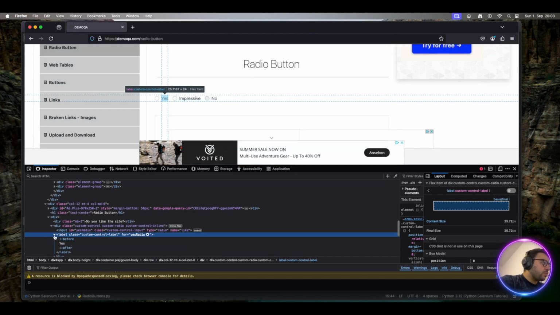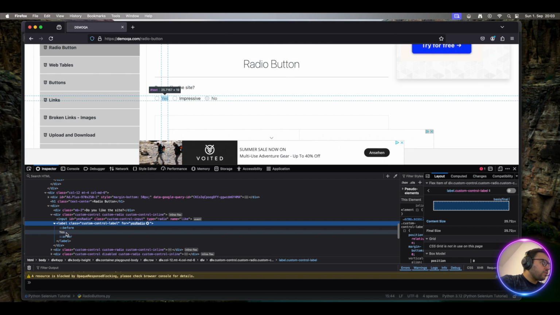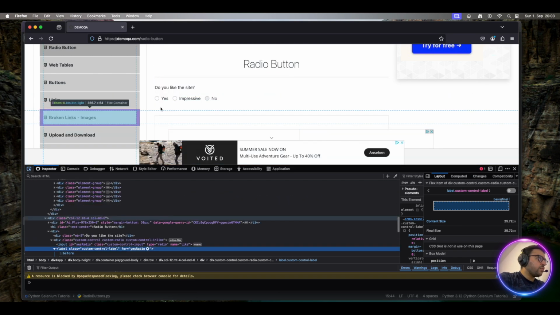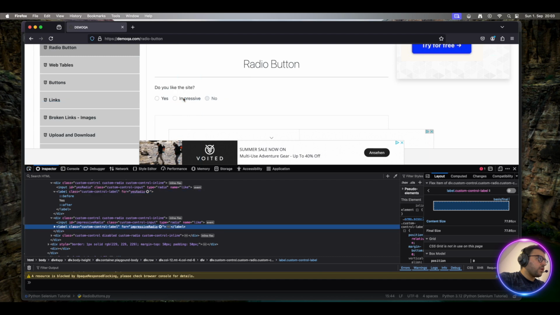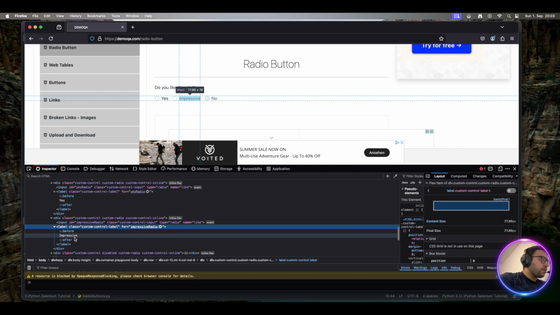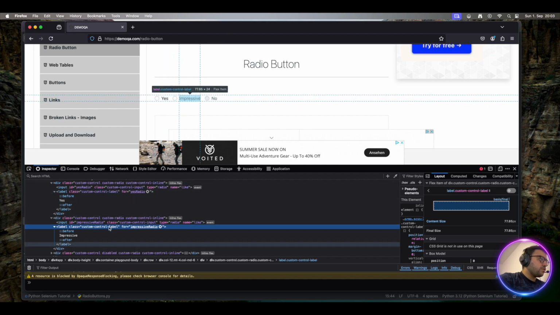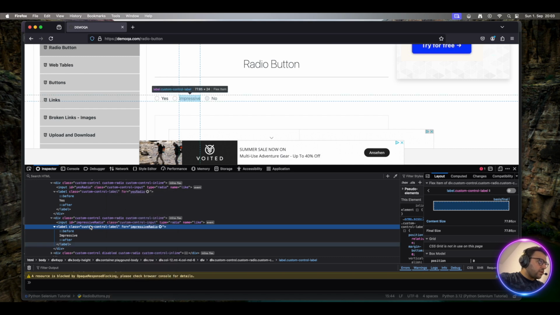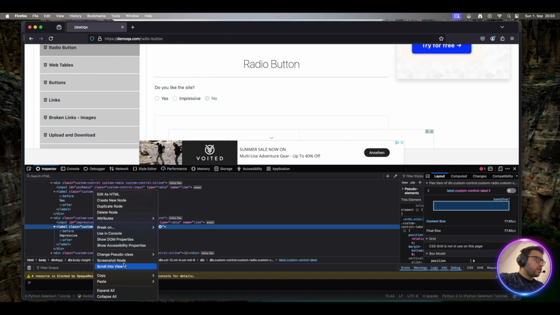Okay, so it's a label tag, and its value is yes. And if we want to choose impressive, we can select here. So its label is, okay, it's a label tag with the value impressive. So let's click on impressive, let's say. So I'll Control plus right click. By the way, it doesn't have an ID or name, so I'll select it by CSS selector,